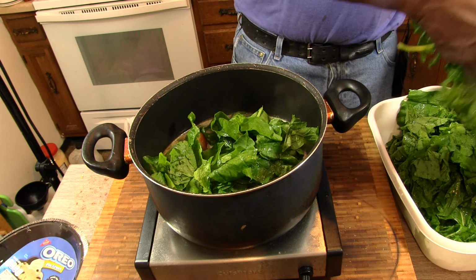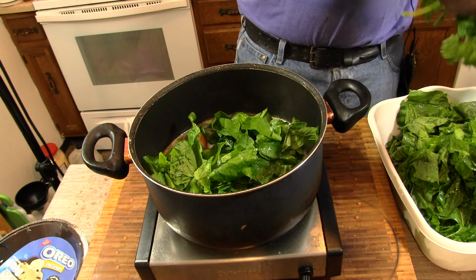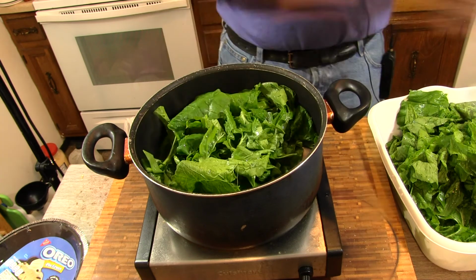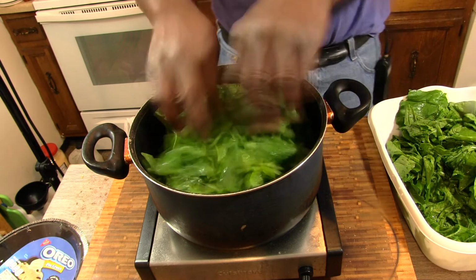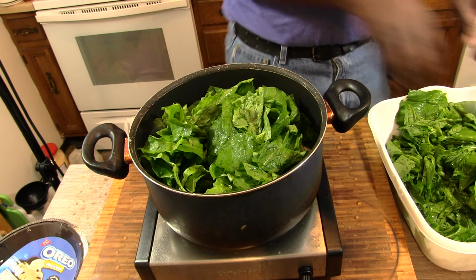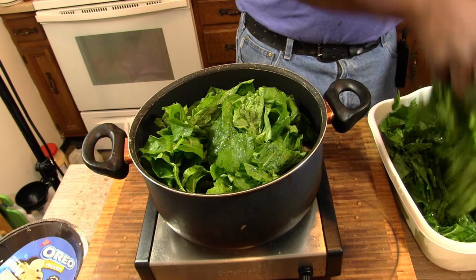My water is coming up. It's not a full boil, but it's coming up. And I'm gonna just add these in a little bit at a time. I can hear the water starting to bubble up down there. I'll find me a lid, put on this,